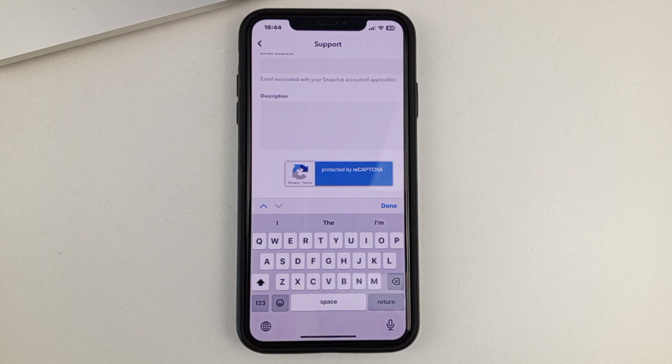The only thing is, you will 100% need to send some sort of documentation that proves that this date is indeed your birthday. It might be a passport or it might be a driver's license, whatever you feel comfortable with. And after you send your request to the Snapchat Support Center, they will contact you. And after that, you will be able to change your date of birth in the Snapchat app.